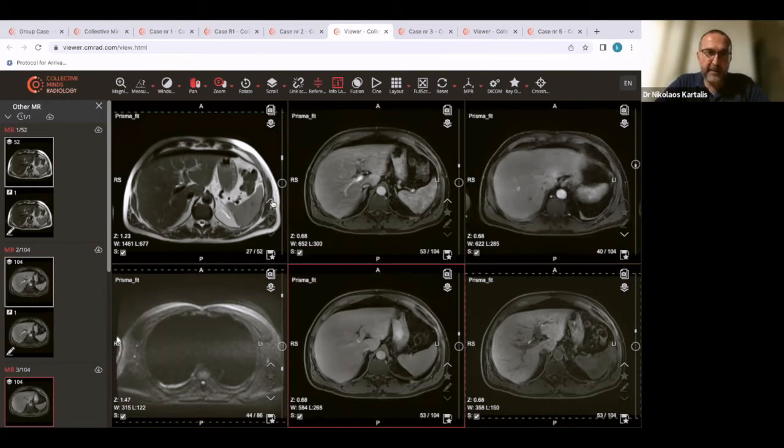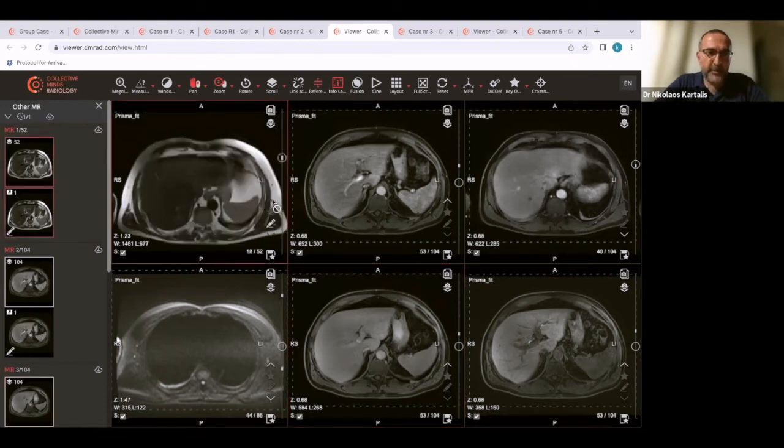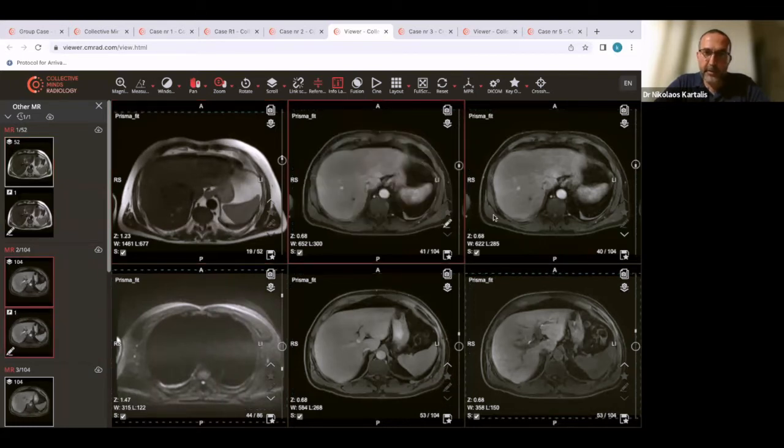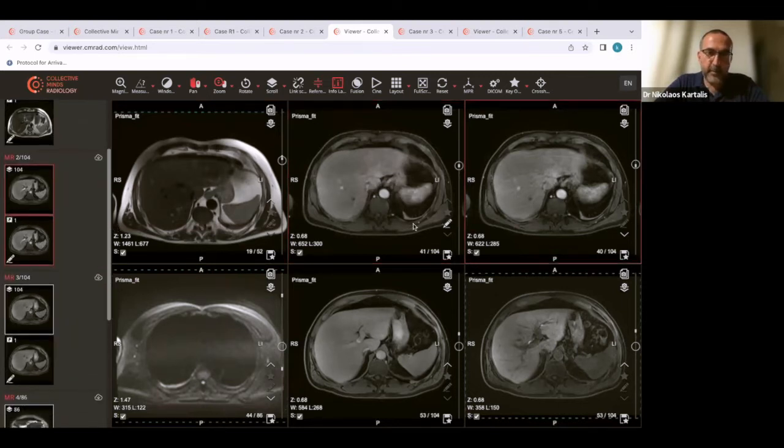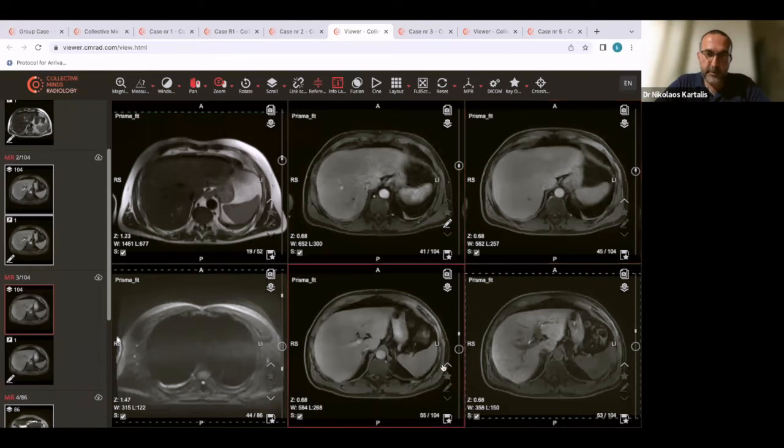And to make life easier, I would like you to concentrate on just 2 of the lesions that are in liver segment 7, just not to scroll through the whole image, because it will take some time probably. So let's go back to this one. This is the portal venous phase, and this is the 3-minute phase. So please take a few minutes to scroll through and focus on these 2 lesions here. So late arterial phase, portal venous phase.